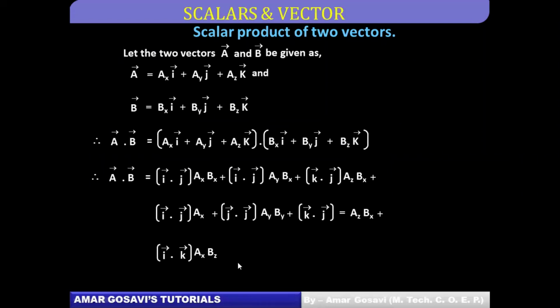Now this third term has to be multiplied by the second term over here. Plus. Now what is that second term? K and J, so J cap dot K cap because it is commutative. J cap dot K cap, friends. And what should be the coefficients over here then? Coefficients should be Ay, Bz. That's being mentioned over there. And then the final term, friends, you multiply Bz K cap to Az K cap. So K cap dot K cap would be there in the bracket. And what are the coefficients? Obviously Az, Bz.